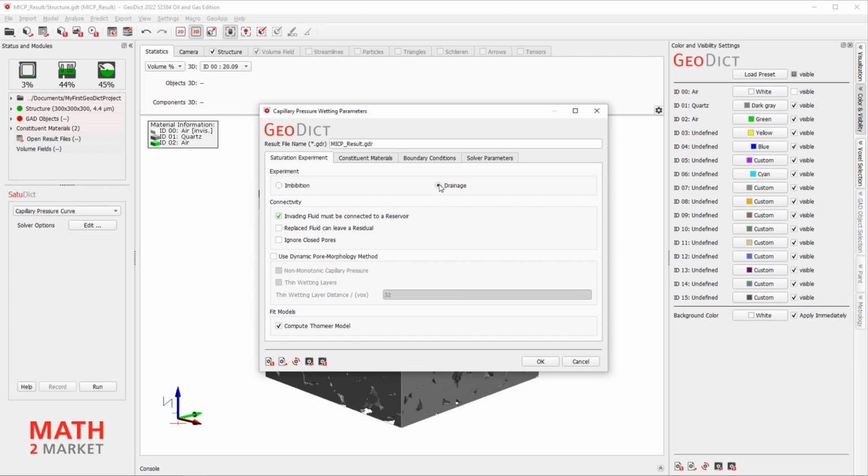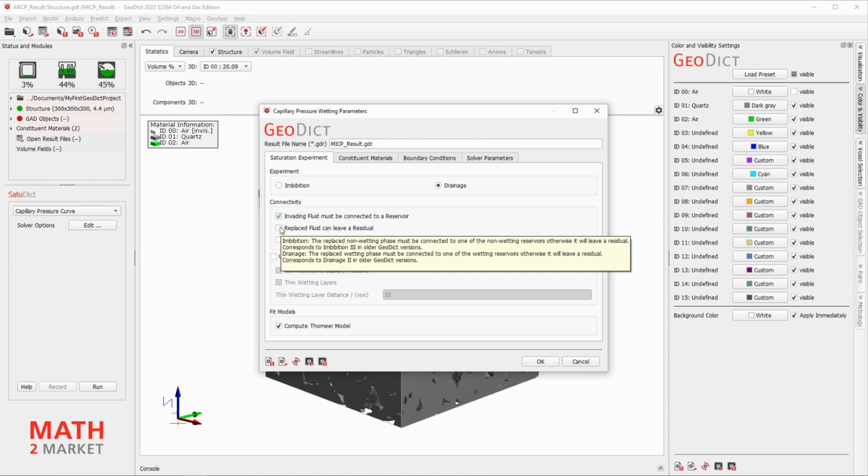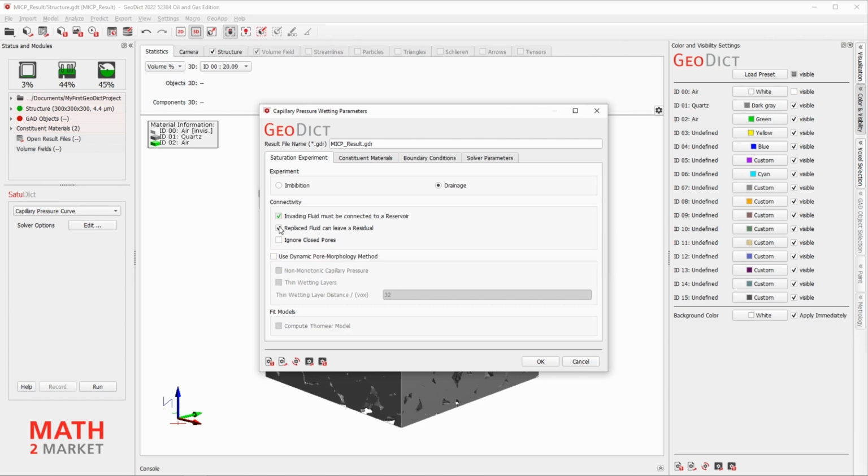As experiment, choose drainage, which is already set by default. Check the replaced fluid can leave a residual checkbox and leave the other parameters on default. Change your result file name from MICP result to drainage result.